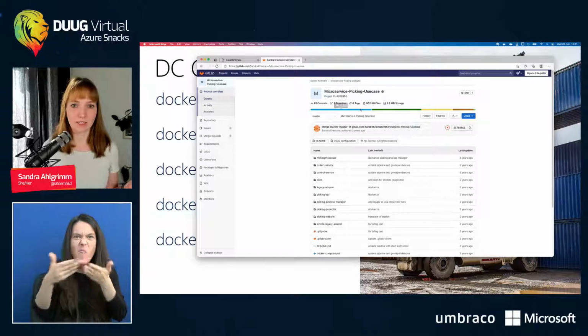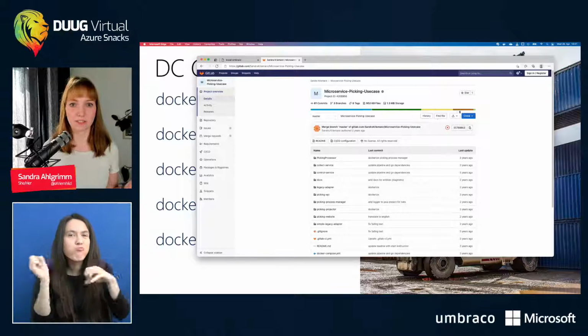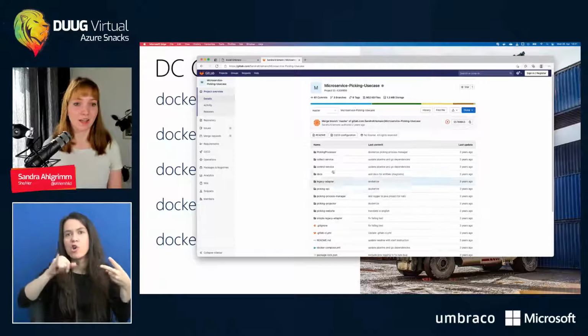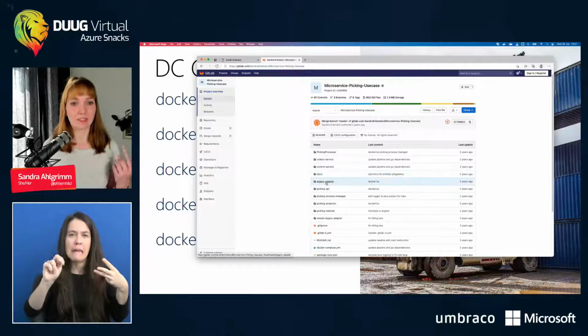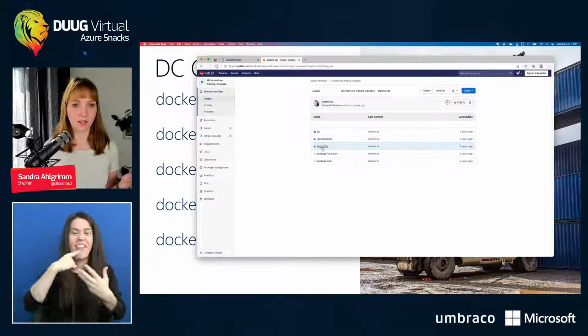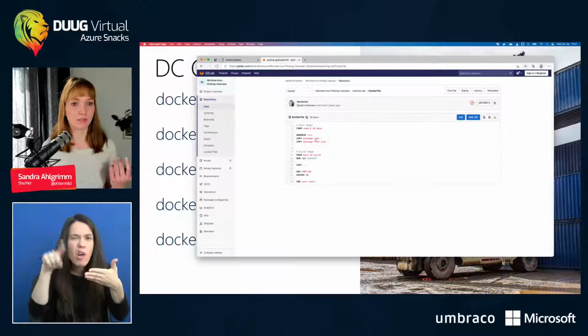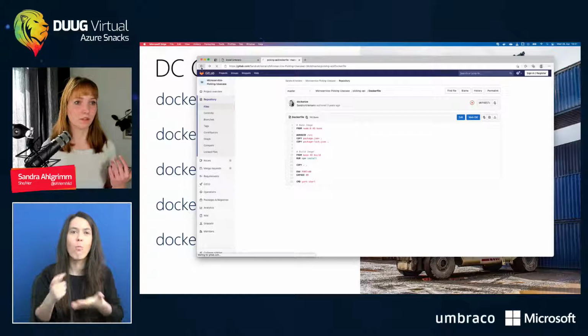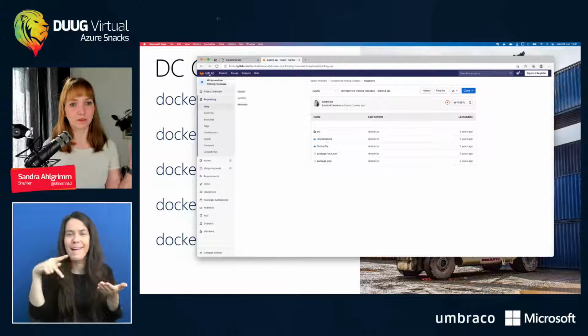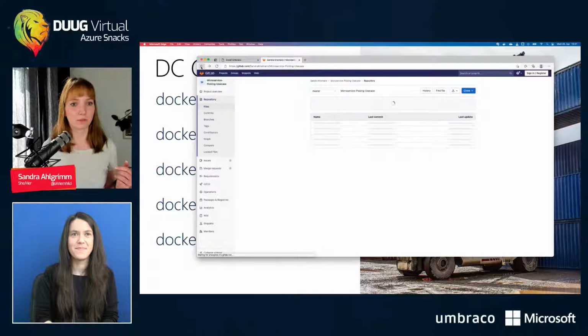So as you can see here, I used like Go, Java, JavaScript, .NET, and each of the applications do have a Dockerfile, so you can check them out here, where I use like Node application for this one. And then I do put them all together with the Docker Compose file.